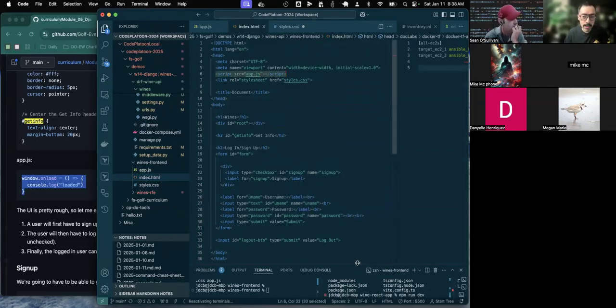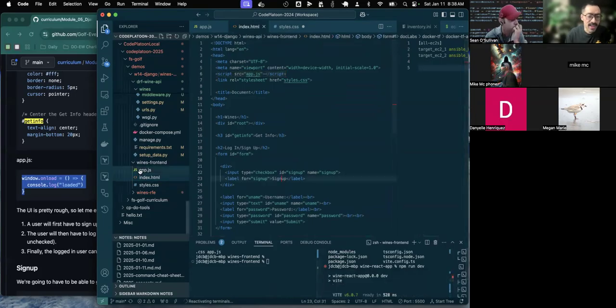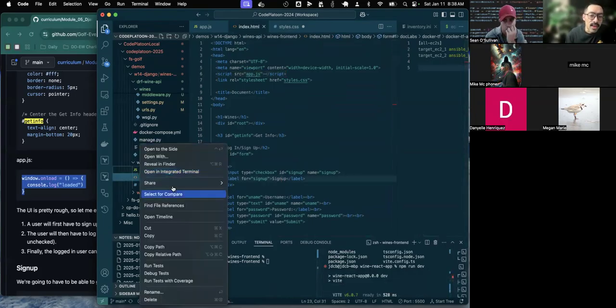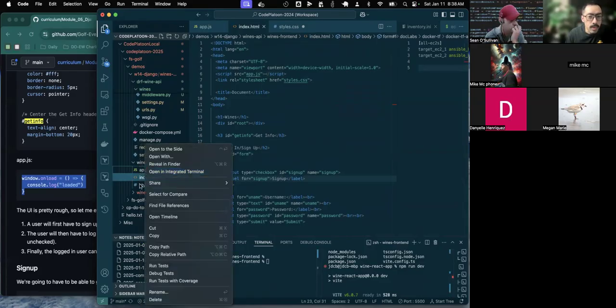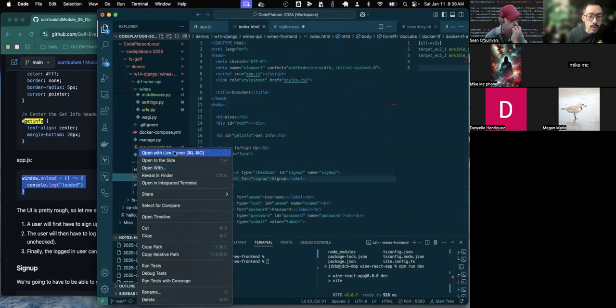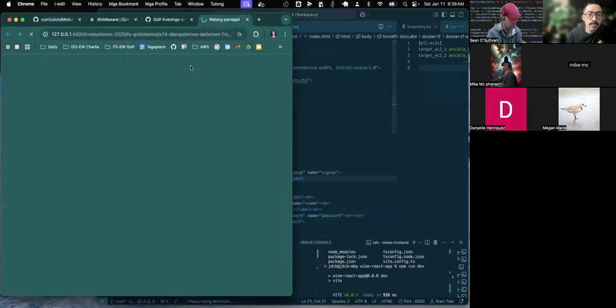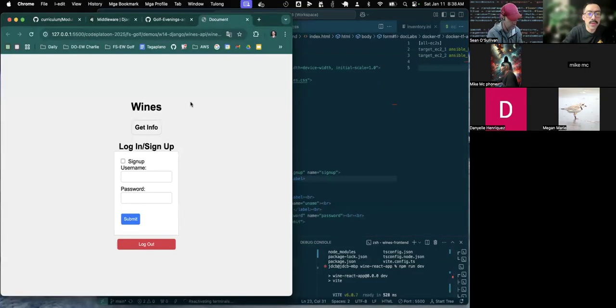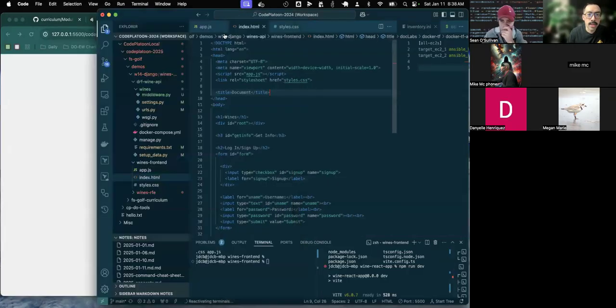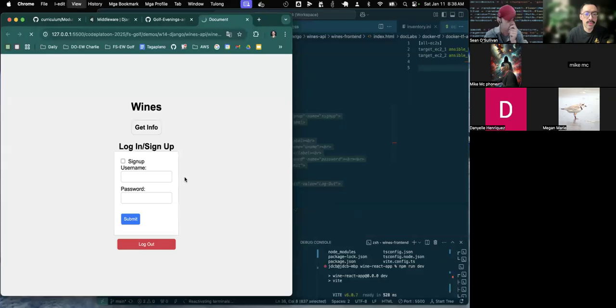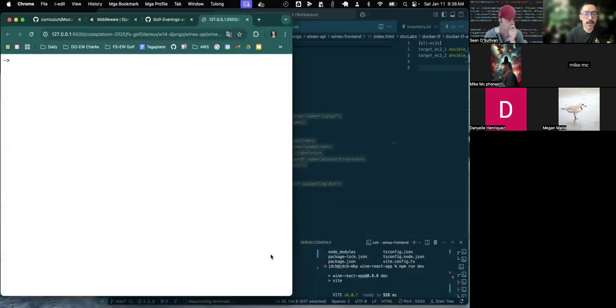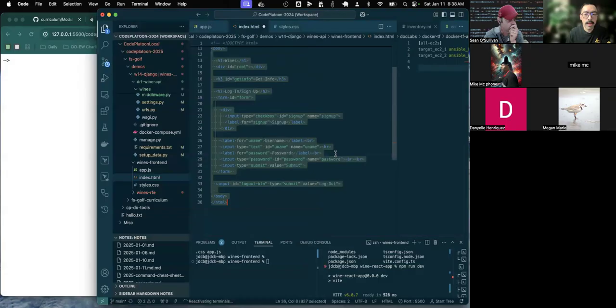So if I were to spin up this application right now, I could do that with Live Server. Where is Live Server? Okay, to get to Live Server, right click on your HTML file and open it up with Live Server, and we have a very simple HTML. This is all the HTML inside of the index.html, right? So if we were to comment this out and save and refresh, all of it disappears. So I'm going to comment that back in and save